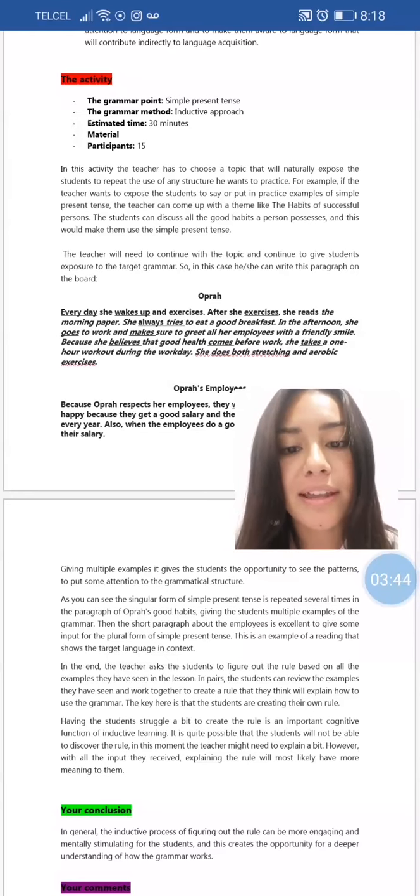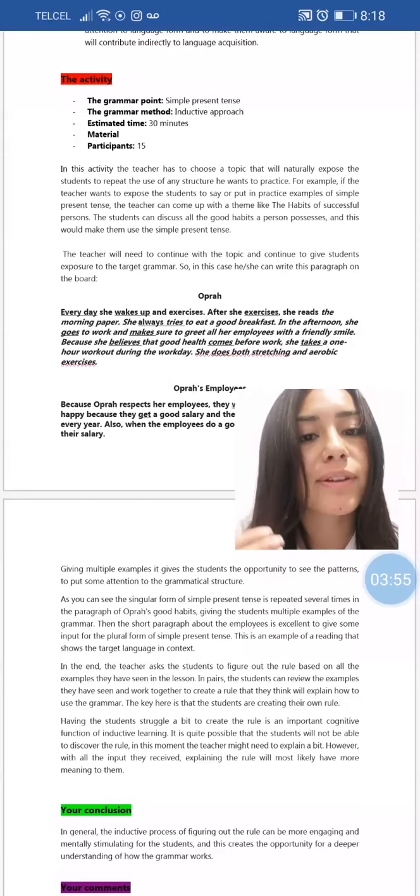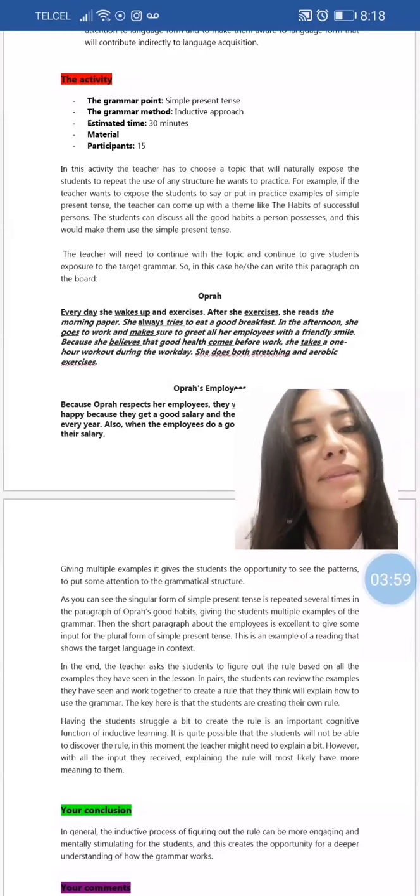However, at this moment, with all the input that the students received, explaining the rule will most likely have more meaning to them. So it's not going to be more difficult for them because at first they have seen the examples, and then came the